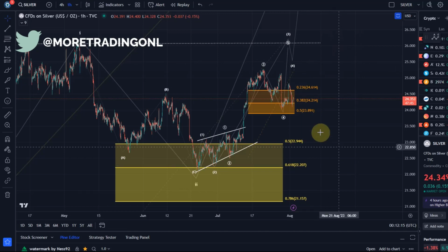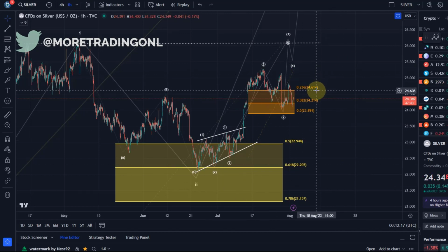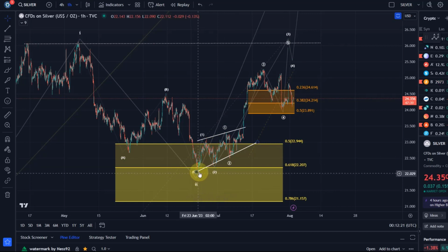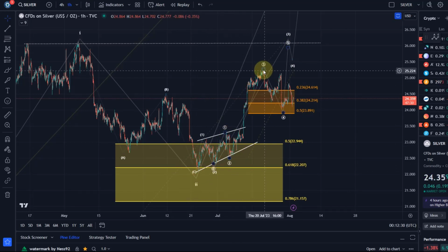On the silver chart, not really much to update, not really much of a change. We still have a situation where price might have bottomed on the 23rd of June. We moved up in a 1-2-1-2 setup, finished here potentially a third wave on the 20th of July. I currently see this as a potential wave 4 pullback, and then afterwards, if we find support in this region,